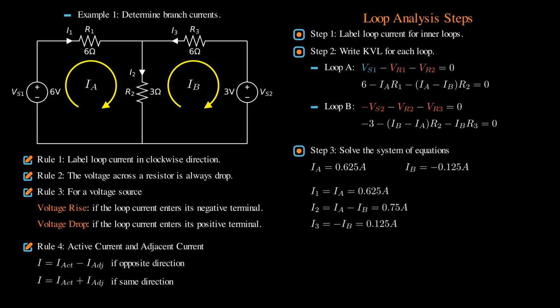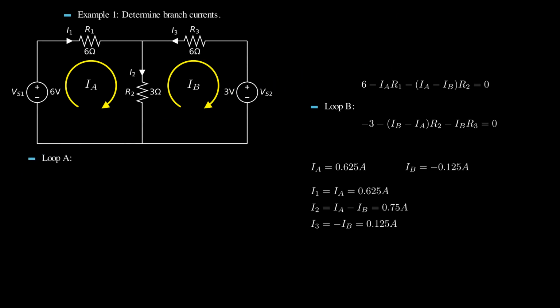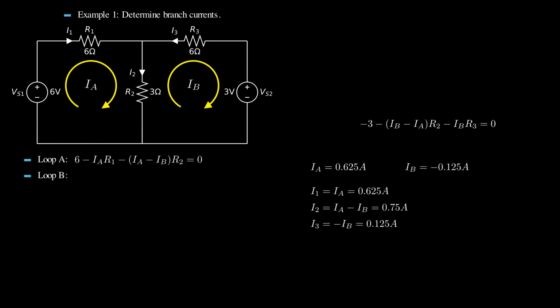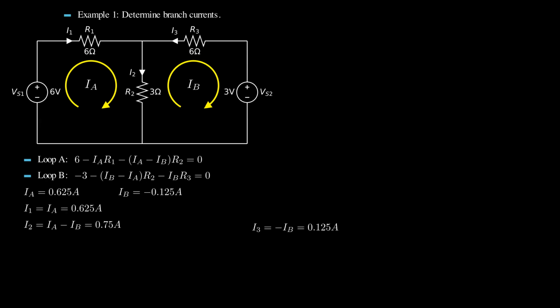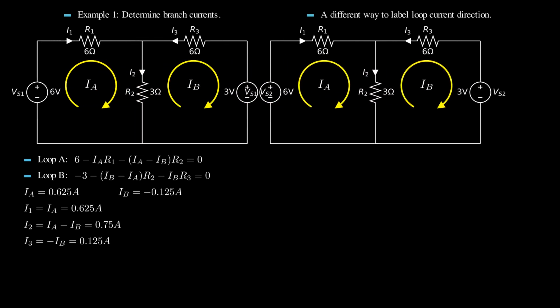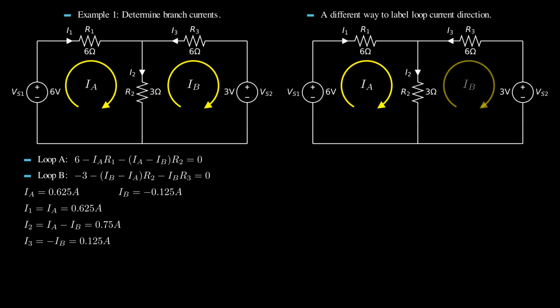Alright, we learned 3 steps and 4 rules. Now, let's clean up the notes and try a different way to label loop current direction. We will get the same solutions regardless of the labeled current directions. We will use the same circuit. However, we will define the loop current for loop B counterclockwise and label the current as Ib hat. For loop A, we will have 6 minus Ia times R1 minus Ia plus Ib hat times R2